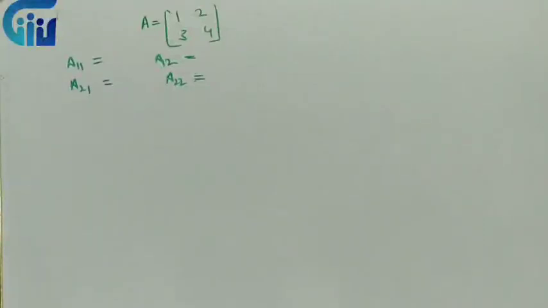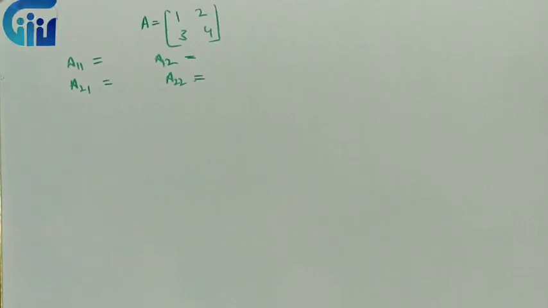Now what we will do, we will learn how to find the adjoint of a 2 by 2 matrix, and then we'll learn how to find the adjoint of a 3 by 3 matrix. So this is question number 1 of exercise 4.5 of NCERT. First of all, we'll learn the elaborate method of finding the adjoint, and then we'll learn the shortcut method of finding the adjoint. So given a square matrix like this, to find the adjoint, what do we know?